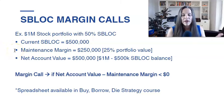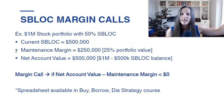Let's say you're using a bank that has a 25% maintenance margin. That means your maintenance margin is 25% of your portfolio value. That will change, right? So right now my portfolio value today is $1 million, so my maintenance margin is $250,000, but it is a factor of your portfolio value. As your portfolio value goes up, your maintenance margin is going to go up. As your portfolio value goes down, your maintenance margin is going to go down, because 25% of a lesser number